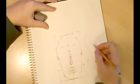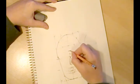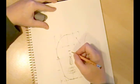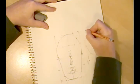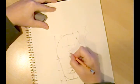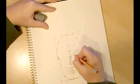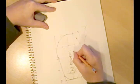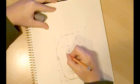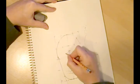Okay, so the next item I'm going to focus on is the eye socket. To make the eye sockets, basically from that brow area to the top of the nasal bone, you want to take that little space there. See, there's the bone. You want to divide that space in half. And then extend the line out and make a little square in this area. All right, and then do the same thing to the other side. Okay, there. And the most important thing about the square